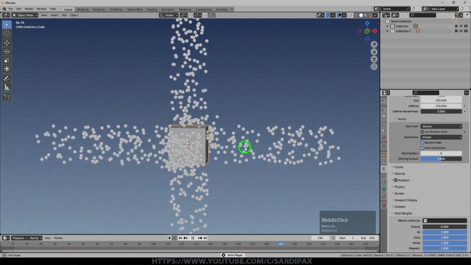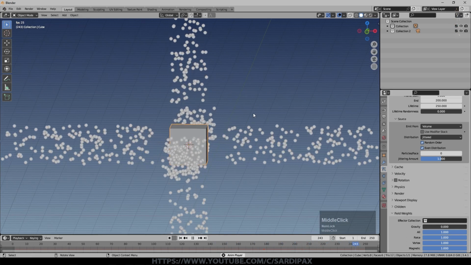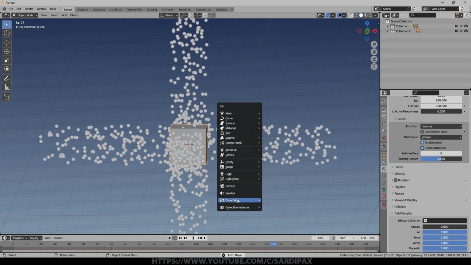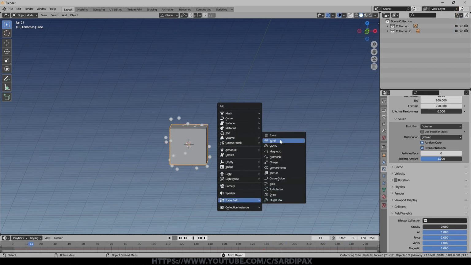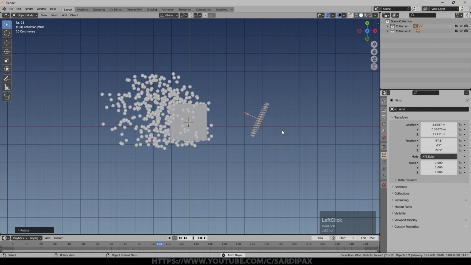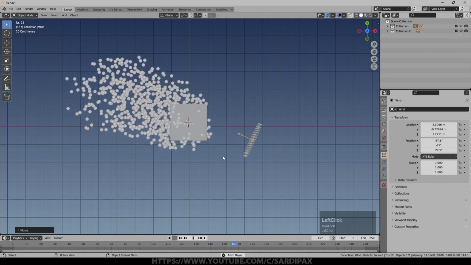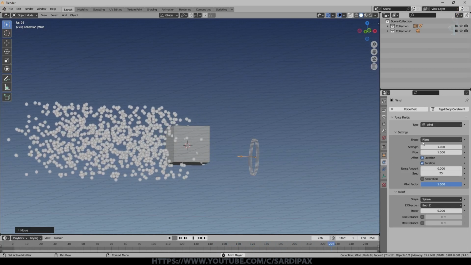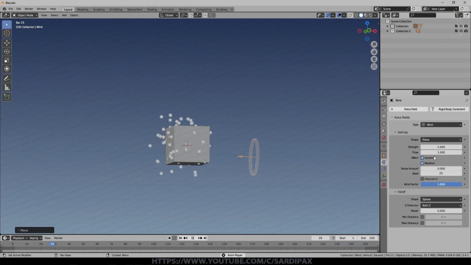But what I wanted to do was also show you that you can influence an animation using something called forces. So I'm going to add a force field, which will just make a wind field. So it's just inside there at the moment. And you can already see this wind force is now pushing those particles in a particular direction. Obviously, if we go to physics properties, we can affect the strength and so on.